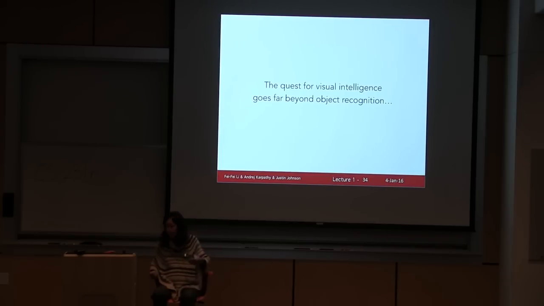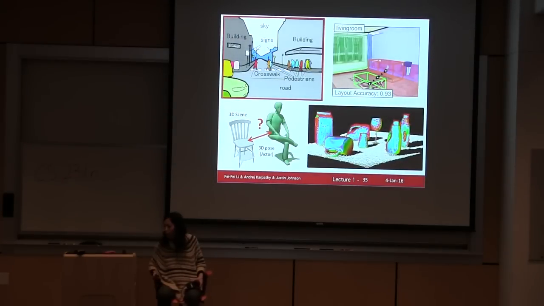One last time, I'm going to drill in this idea that visual intelligence does go beyond object recognition. I don't want any of you coming out of this course thinking we've solved vision and that the ImageNet challenge defined the entire space of visual recognition. It's not true. There are still a lot of cool problems to solve. For example, dense labeling of an entire scene with perceptual grouping, so I know what every single pixel belongs to. That's still an ongoing problem.